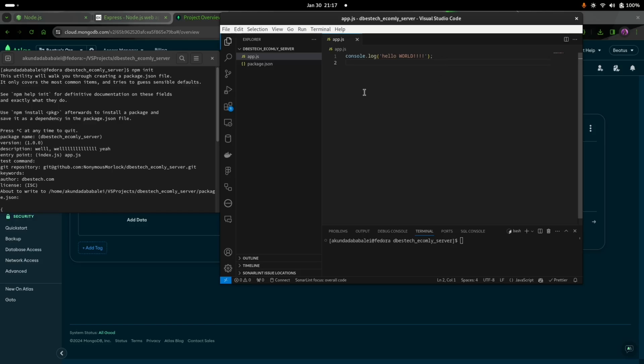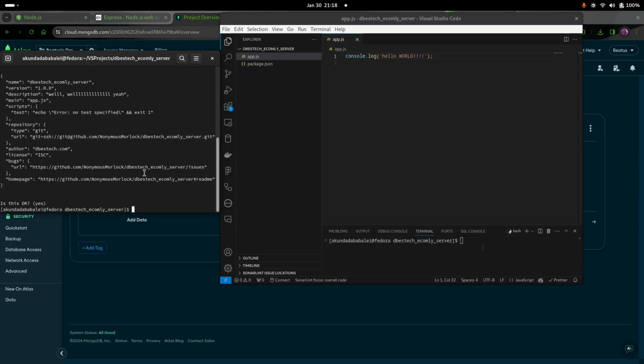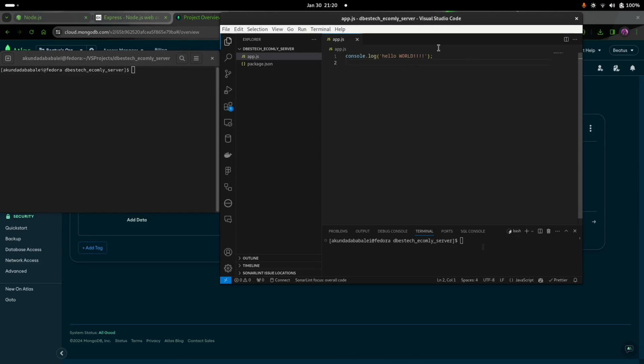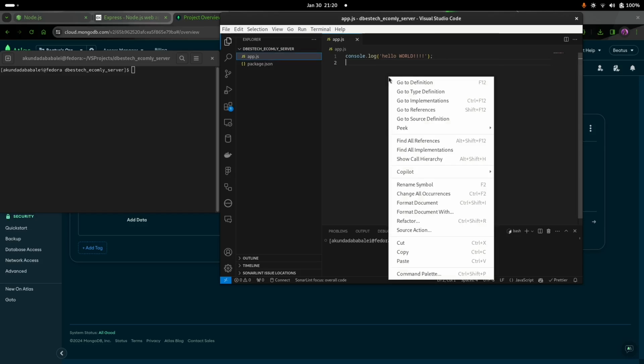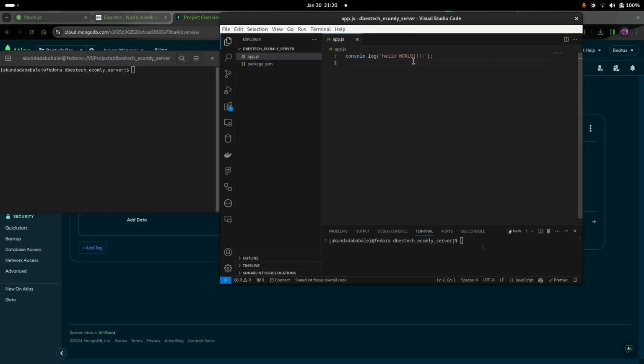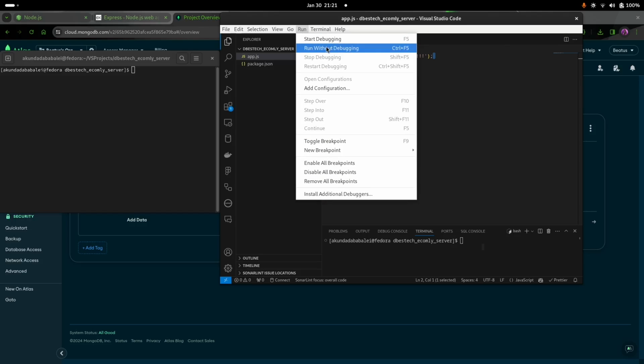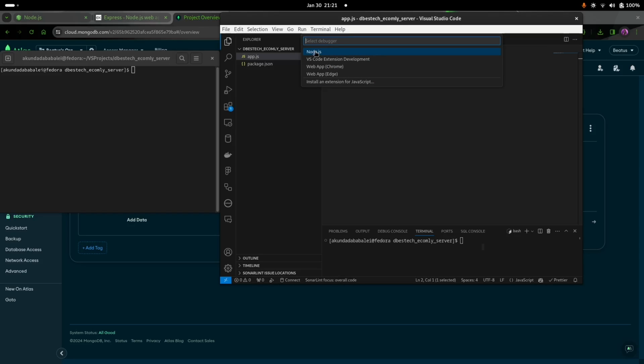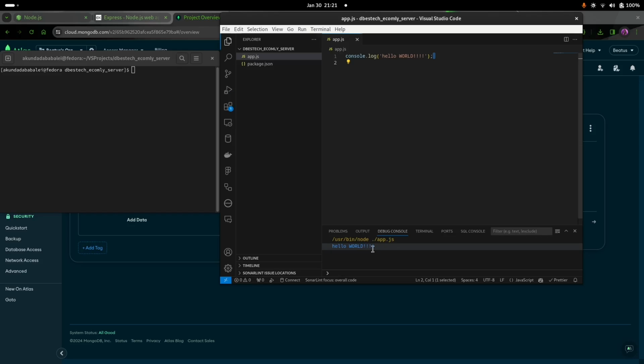And we save this. Whenever you actually want to run this, you're going to have to go to your terminal. You could do that over here, but I'm actually going to do that here. Now, normally you know that in VS Code, in order to run this, we actually can go into run, and then we run with either debugging or run without debugging. You can hit F5 on your keyboard, but that will actually run the file. When I do that, run without debugging, and I can choose Nodejs as my environment, and that will console log hello world,